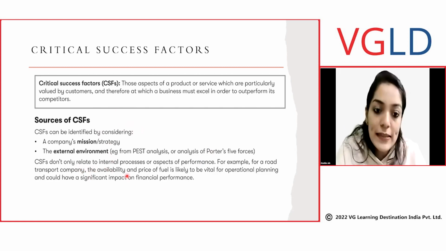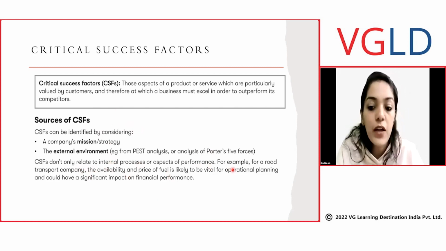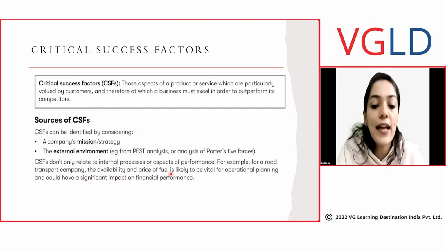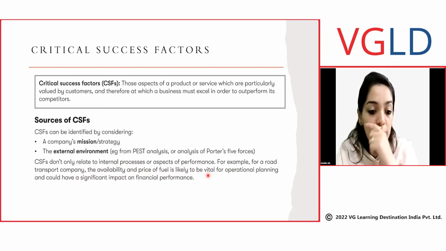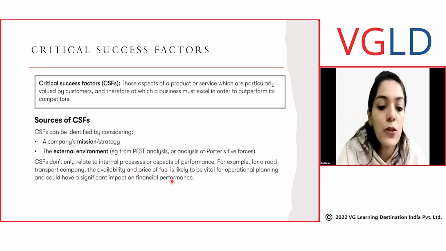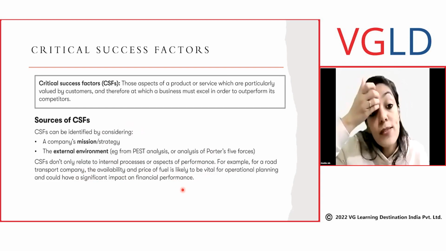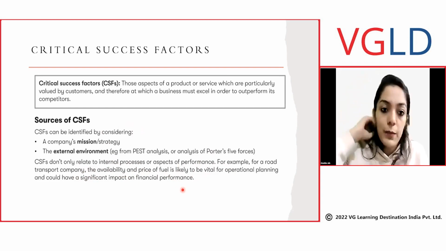CSFs don't only relate to internal processes or aspects of performance. For example, for a road transport company, the availability and price of fuel is likely to be vital for operational planning and could have a significant impact on financial performance. So what they are saying is your critical success factors are not something just internal. So if we are talking about Ola, Uber now,